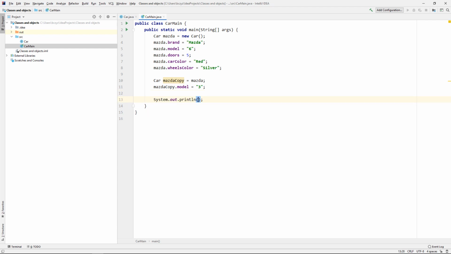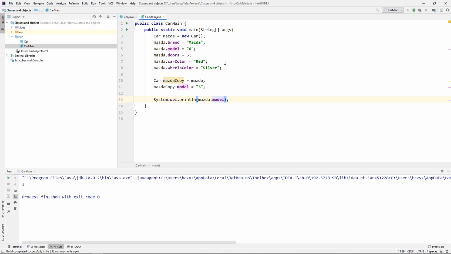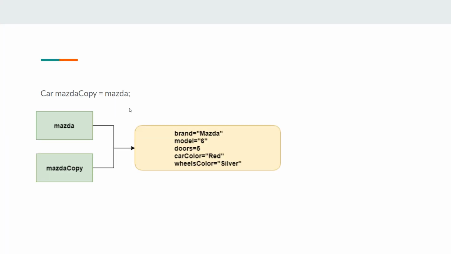So System.out Mazda.model, and run it. Why do we have the value 3? After assigning Mazda to Mazda copy, we have created a situation where two references point to the same object of